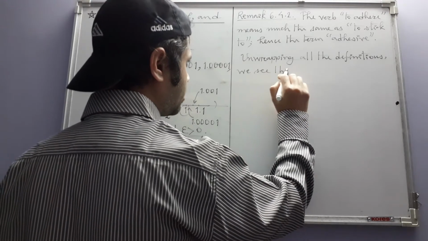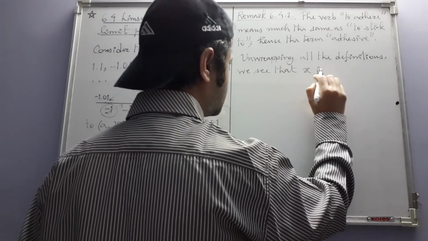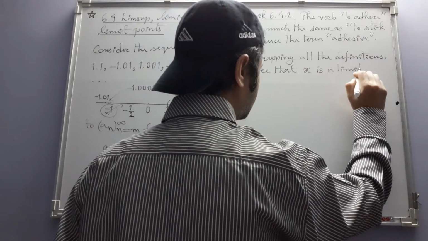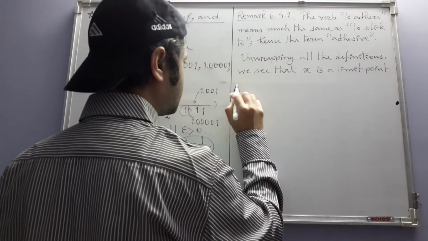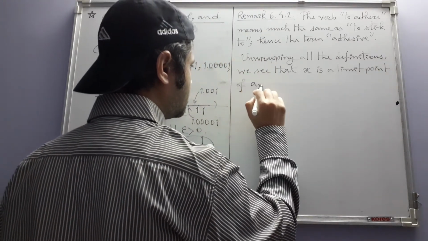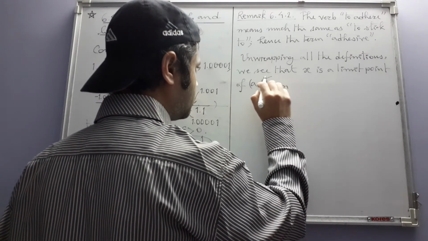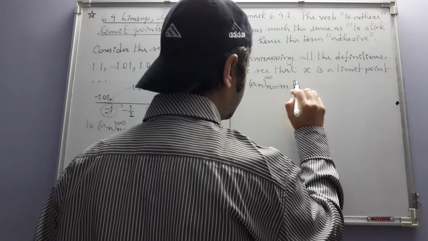We see that x is a limit point of the sequence an, where n varies from m to infinity, if